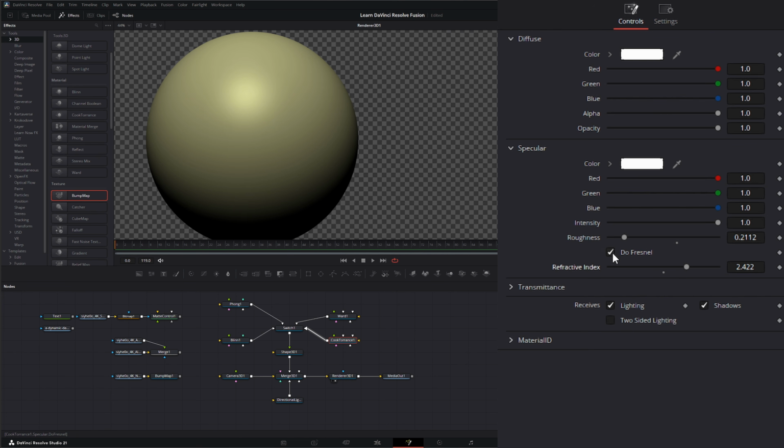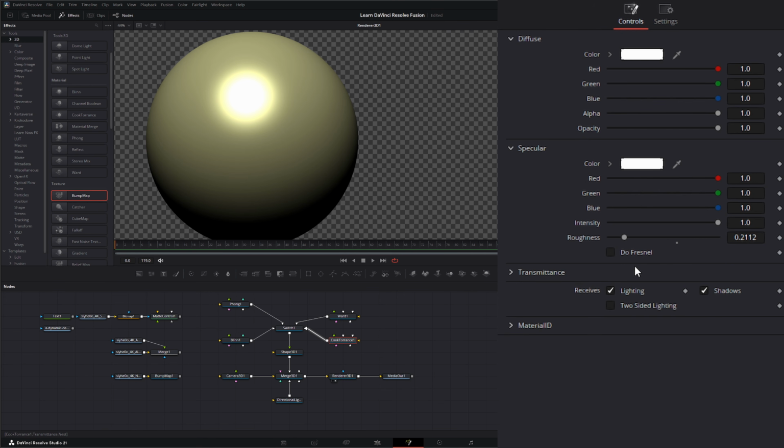And if we don't want to use this Fresnel, we can just uncheck it and we've got straight roughness. And then, of course, on this input, we have our refractive index inputs and our roughness